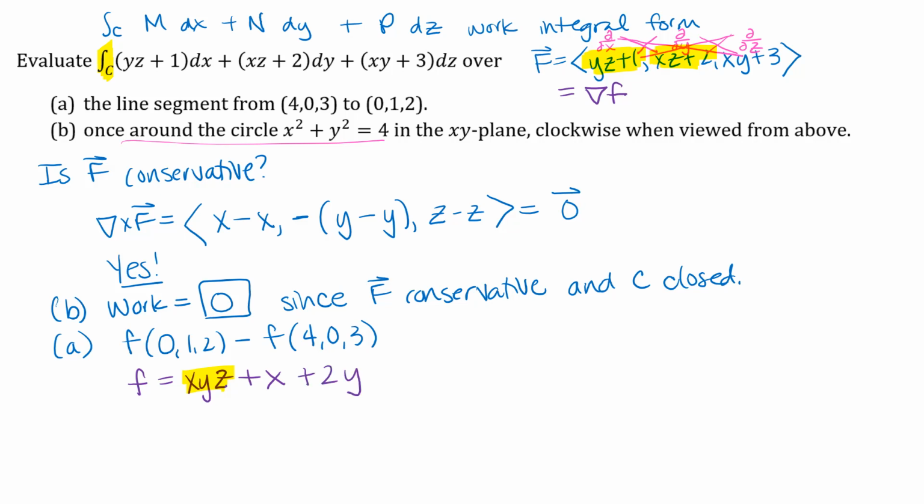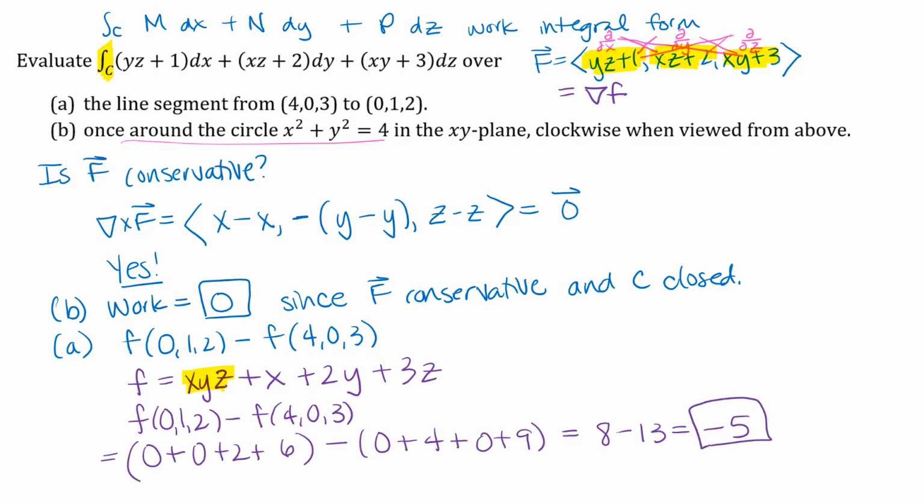And then when I find the antiderivative of my last term with respect to z, I will get xyz, which I already have, and then I will get another term plus 3z. So there's my potential function, and now I just need to evaluate that at 0, 1, 2, and at 4, 0, 3, and subtract those two values. Okay, so there is my answer for part A, that work integral,